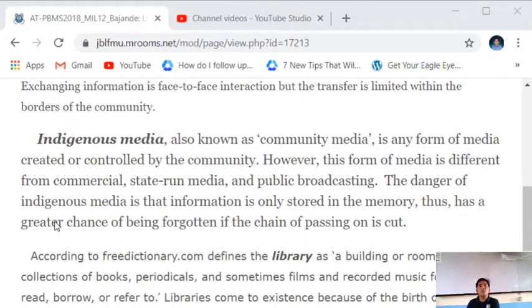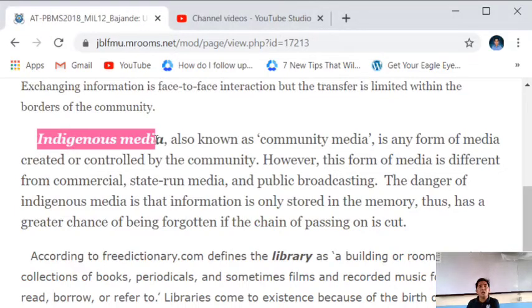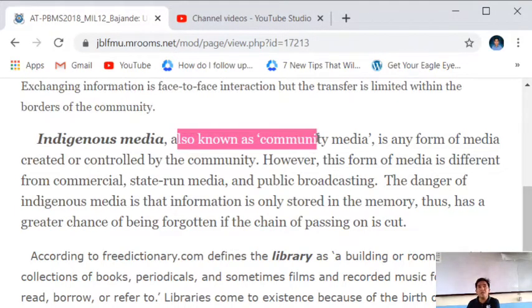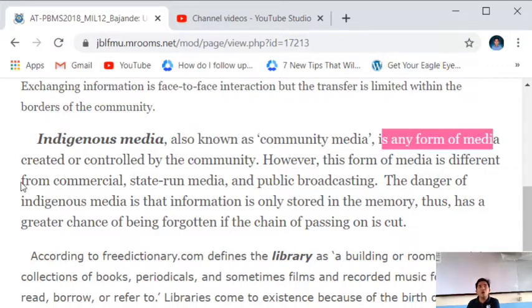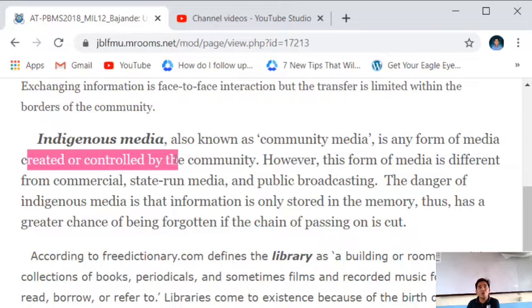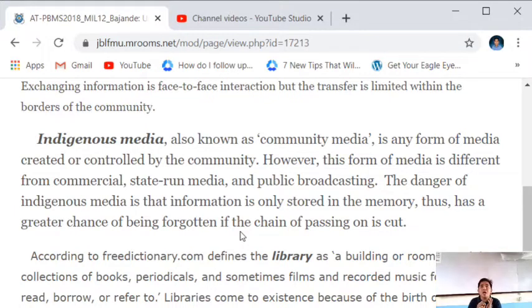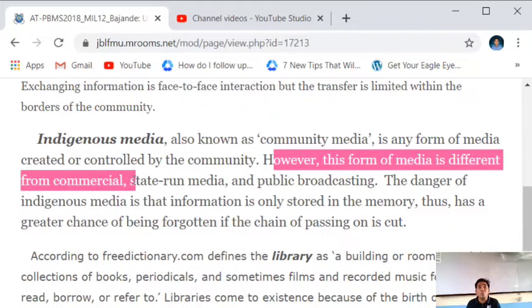Next, we're going to talk about indigenous media. Indigenous media, also known as community media, is any form of media created or controlled by the community. So when we talk about indigenous media, it is a media class that directly talks about community media, any form of media that is controlled and created by the community. However, this form of media is different from commercial,